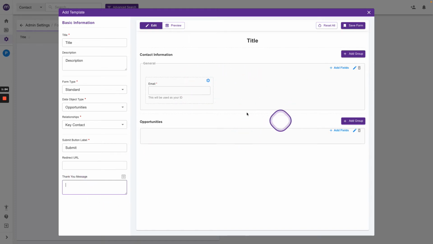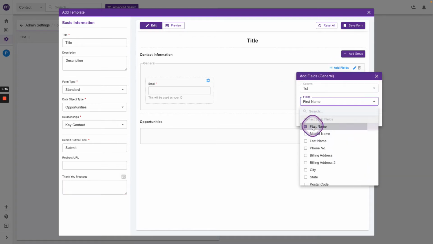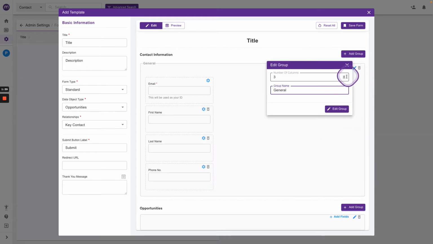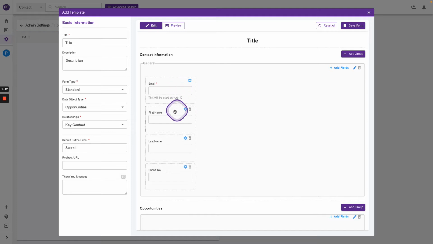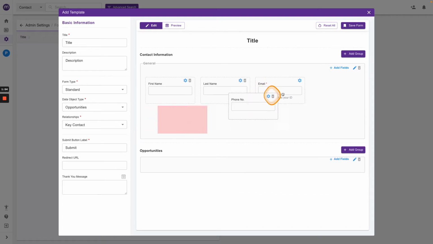Then I have my options to add fields, where I can just go in and under the contact I can say I also want to collect first name, last name and phone number, and I want to add that there. I can also edit the group and say, let's go for this one, we'll go 4 columns, so I can then move these around and get them into the order